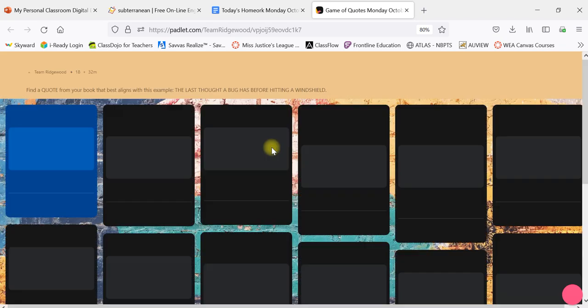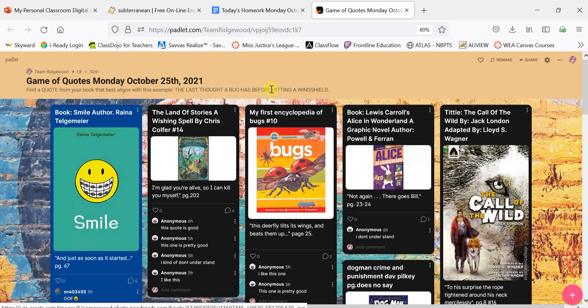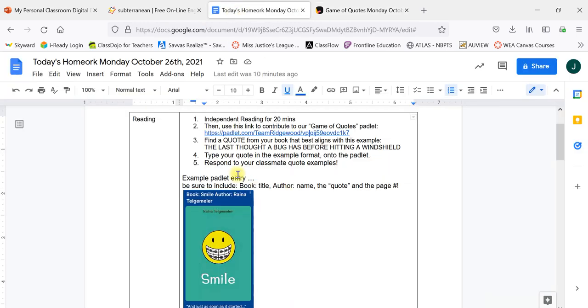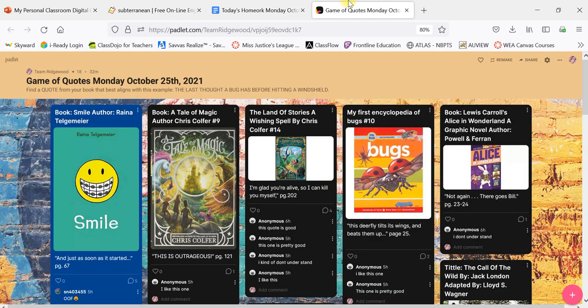When you click on that link, it will take you to a page that looks sort of like this. This is today's example. And your second step or your third step is you are going to focus on finding a quote from your own book that best aligns with the example given. On today's example, the focus was finding a quote that matched the last thought a bug would have before they